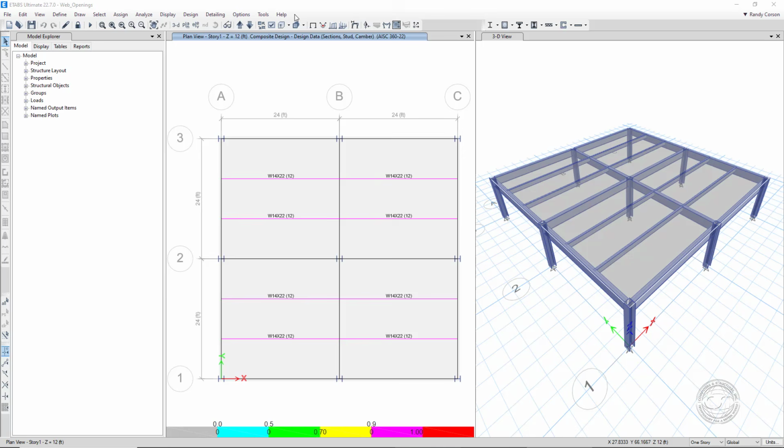This tutorial will show how a web opening may be added to a composite beam and then checked to make sure it satisfies allowable limits. This is the beam we will check. In this case, we will be checking to see if we can add an opening to a composite beam in